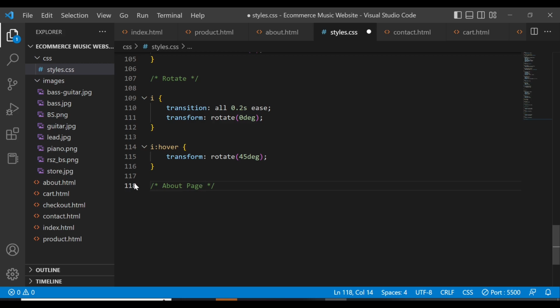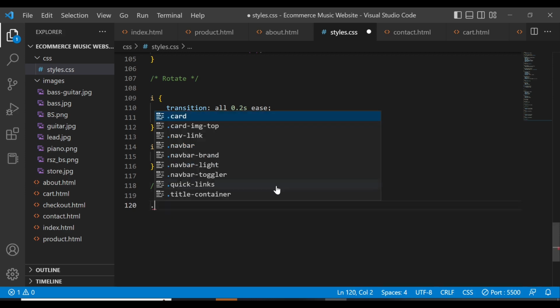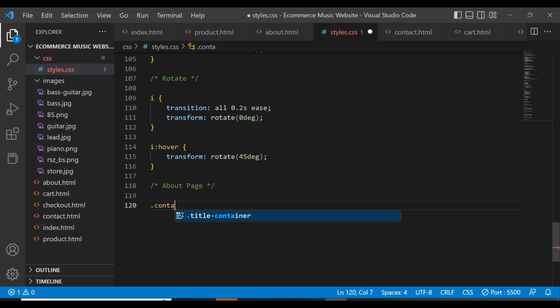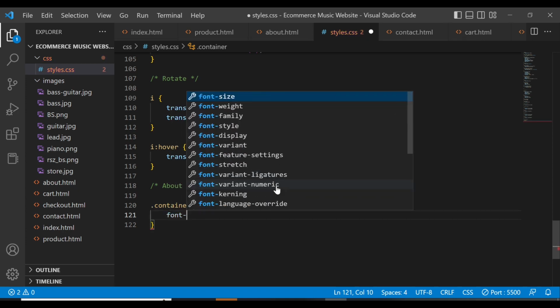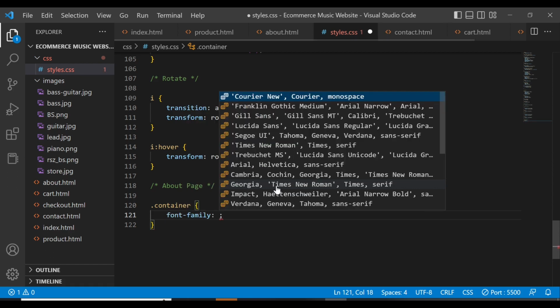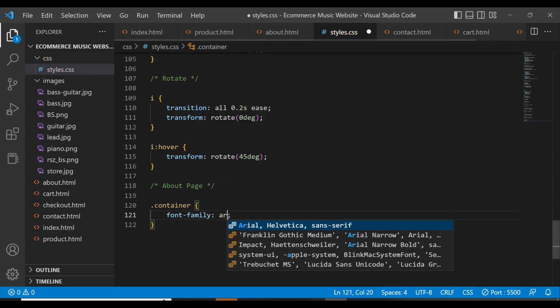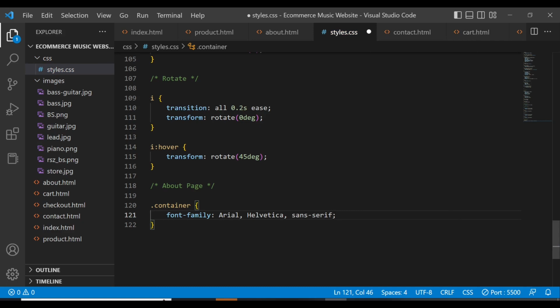Okay, so in the about page, I'm going to have this. I'm going to set the container. Under the about page, the container is going to be font family. Font family is going to be Arial. It's going to be that one, and then I'm going to set the H2